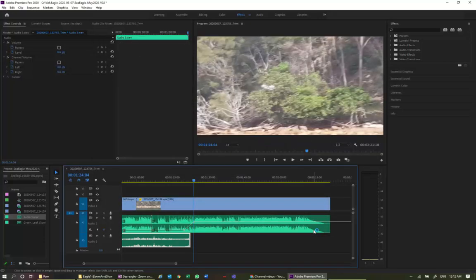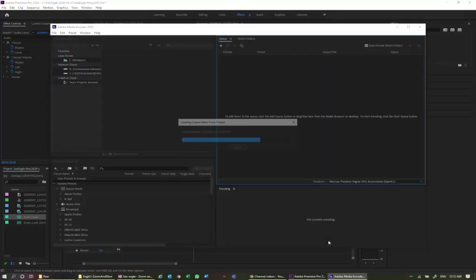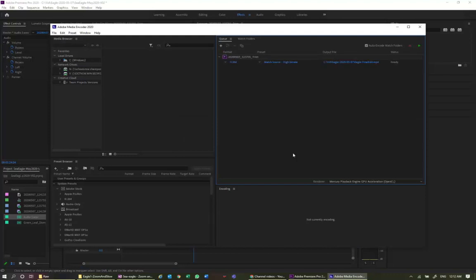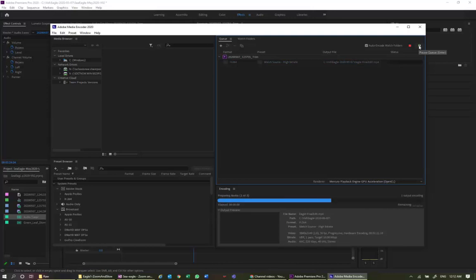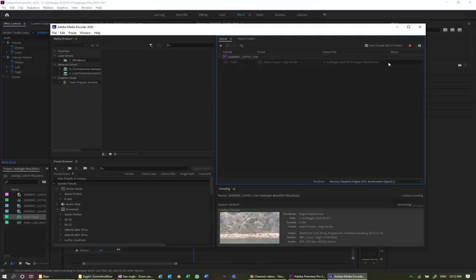Exporting data. And let's see what happens. Last time, yes, here we go. The video media encoder is going to come up. So here's the media encoder, and we just have to say go, start the queue, and away it goes. It'll take a little while, so I'll stop this now, but when it's finished,